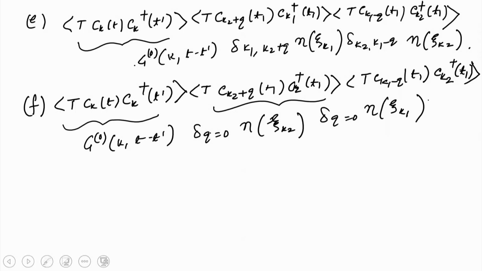Okay. So, this is K 1 minus K 2 equal to. So, these are the terms that need to be written down, including the 0th order